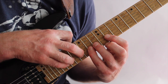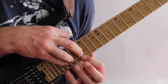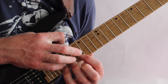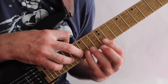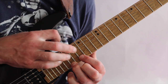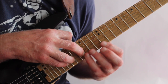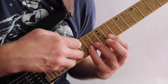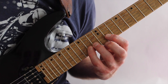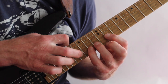Once I get up again here, I do the cross hands and hammer on here. 16, 18, 20th. So once I've done that, pull off again from 20 to 18 and 16. Then I hammer on with the little finger here in the tapping hand on 19, pulling off to 18, 16. Pulling off to the fretting hand, which is pulling off from 14 to 13, to